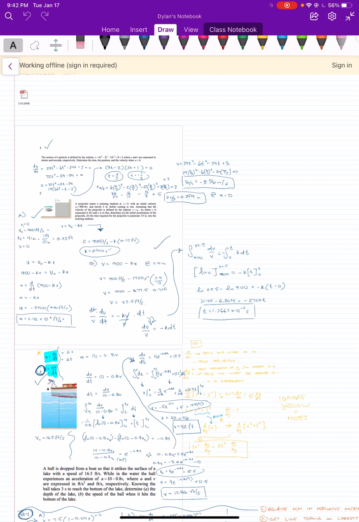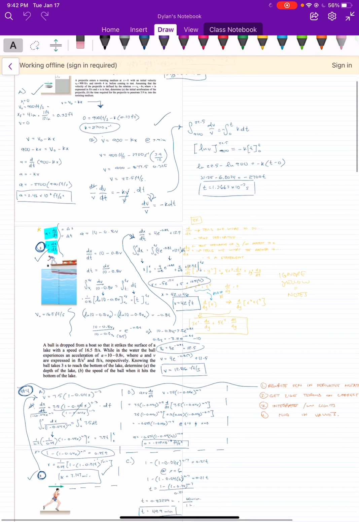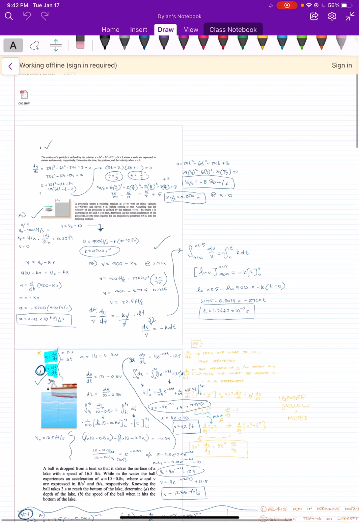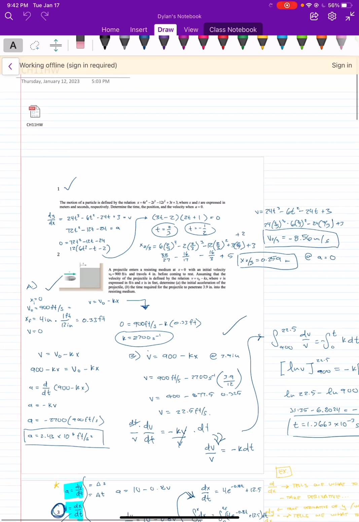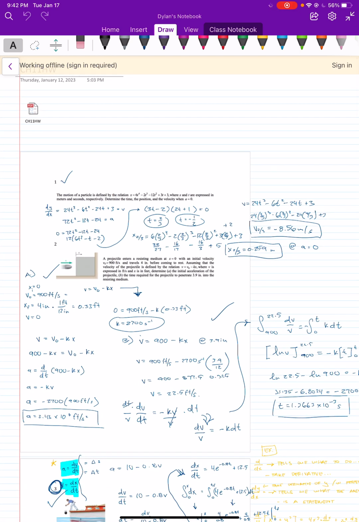go through. I went over number 1 and number 2 in check-in number 1, but I'll just go over them briefly since I can screen record now. So basically, we were given the position function. I'm looking at problem number 1 again, and I needed to take the derivative of this in order to find the velocity, and from the velocity function, I was able to factor that out and find the time and plug that in to find the exact velocity